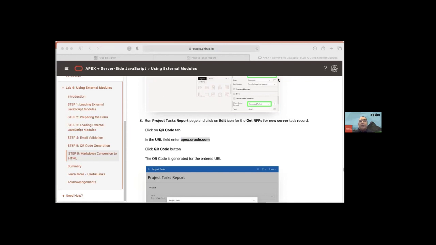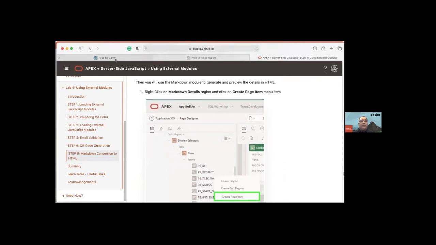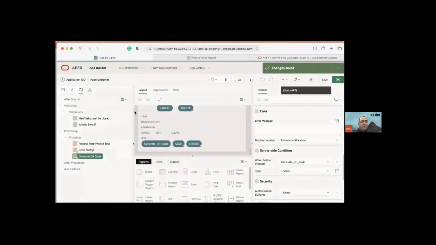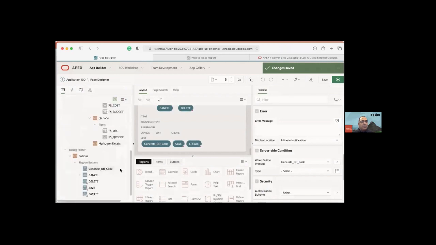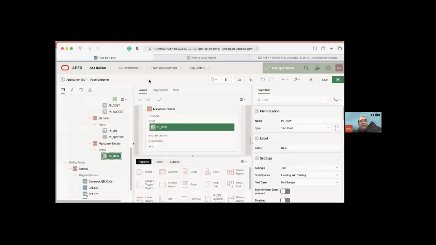Okay, so finally, the last step is Markdown conversion to HTML. So this is the last step. Right click on Markdown details region and create page item. So go to here, right click, create page item,